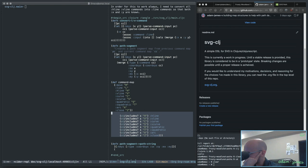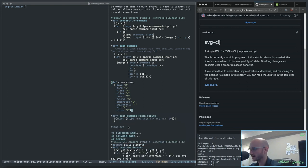So this command map looks good for now. I'll do that. So here, taking a segment, turning it back into a string, the first element of that is always going to be the command, but it will either be upper or lowercase depending on the value of chord system. So let's let the command be